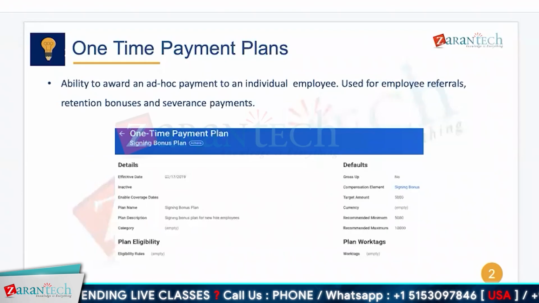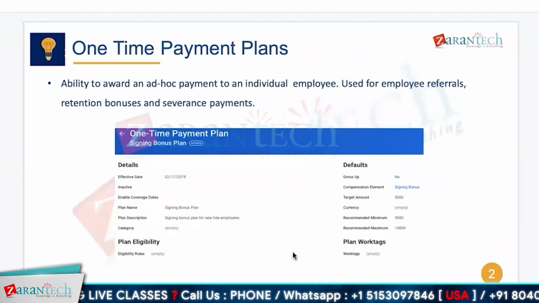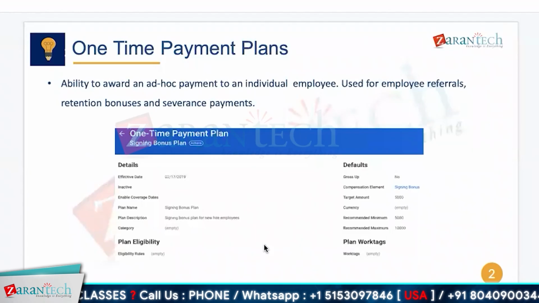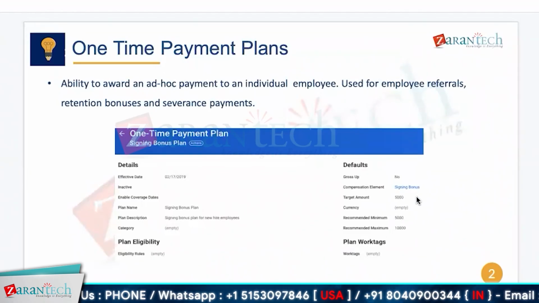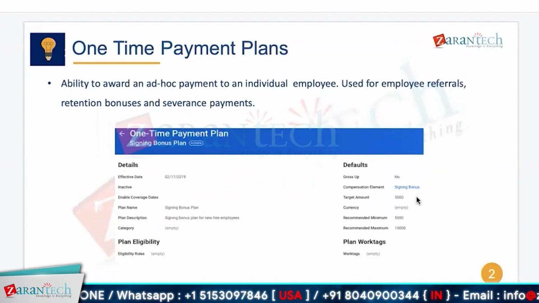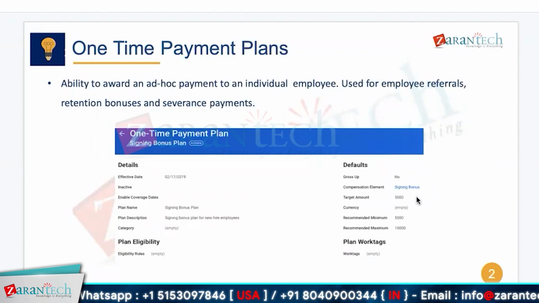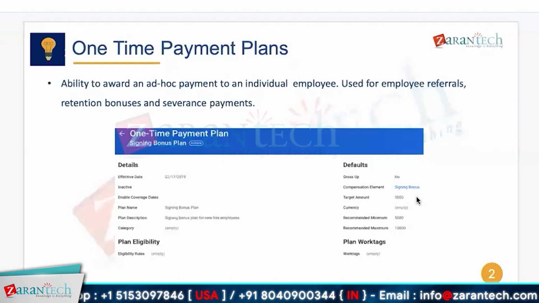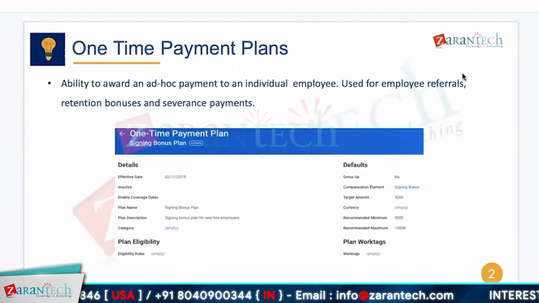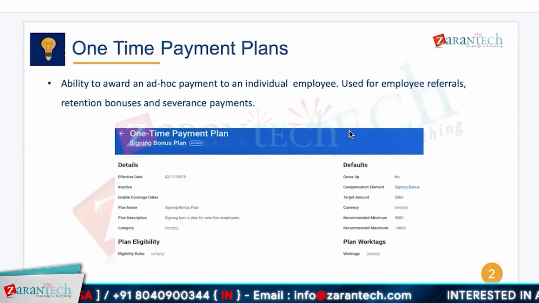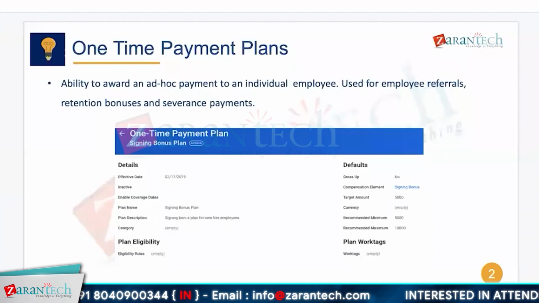There can be some one-time payment plans as well. Maybe there is, as mentioned here, a signing bonus. Maybe someone has delivered something, so a company decided to give a certain bonus plan. Sometimes employee referral plans are there, and so it's a one-time kind of thing. And how we can